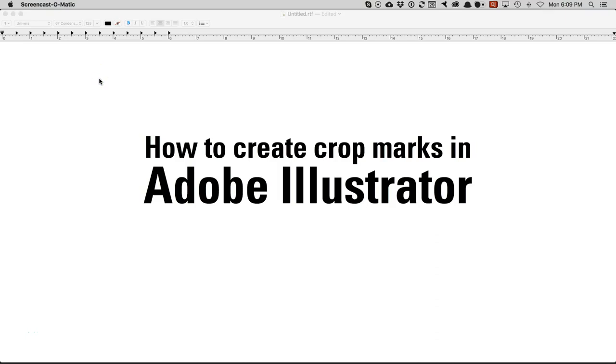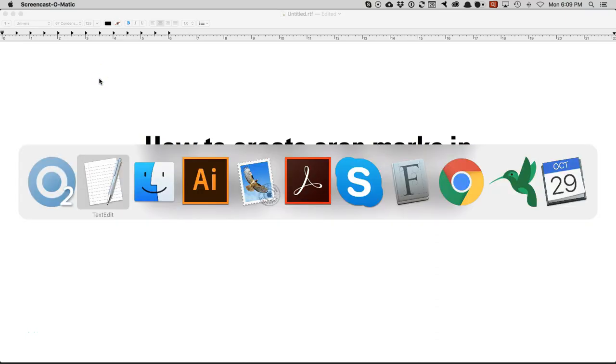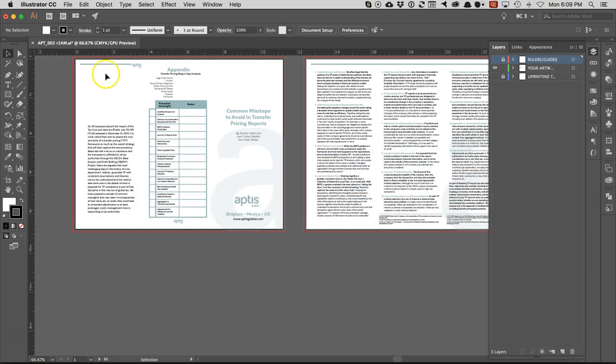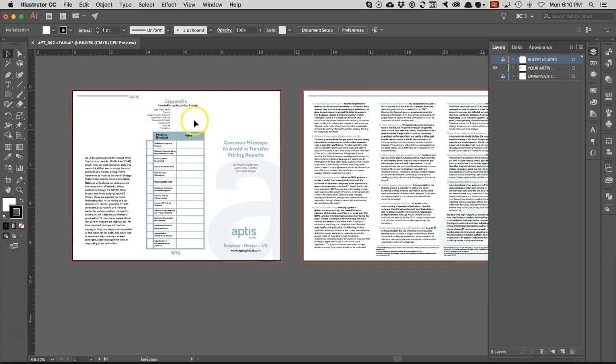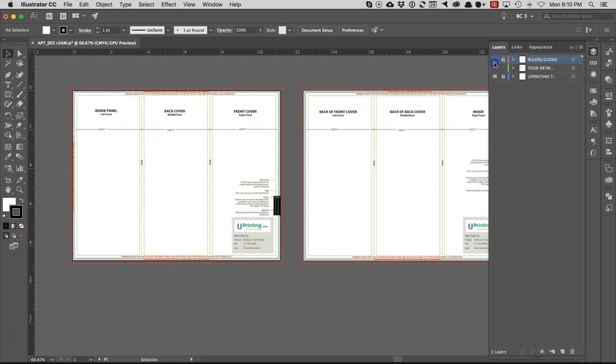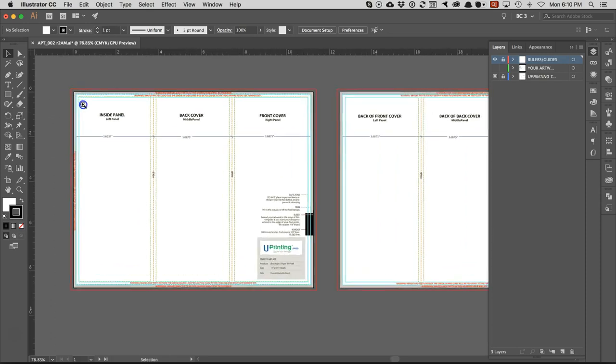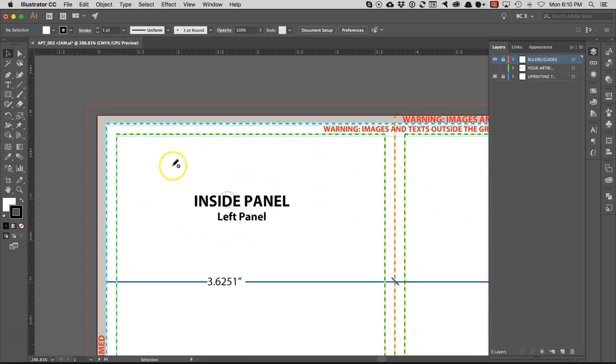I'm going to show you how to create crop marks in Adobe Illustrator. So here's my file, and we have it set up to be a trifold that's 8.5 by 11 wide. And we were using these slates that we downloaded from the internet, so they're already pretty much set up with the bleed and everything. So if you notice where my ruler is,